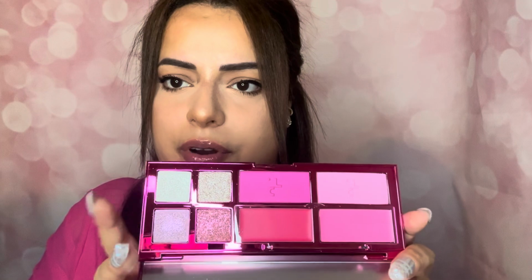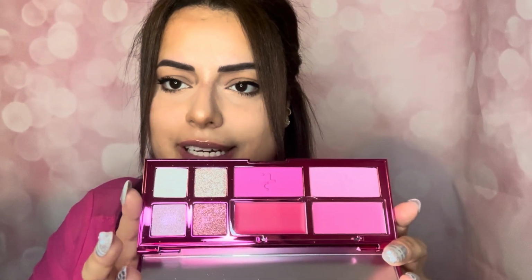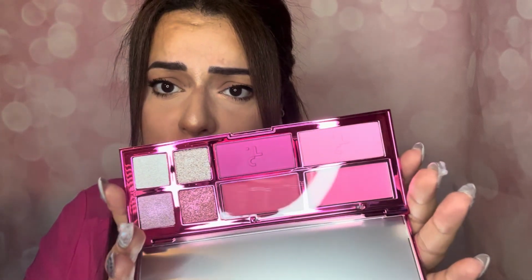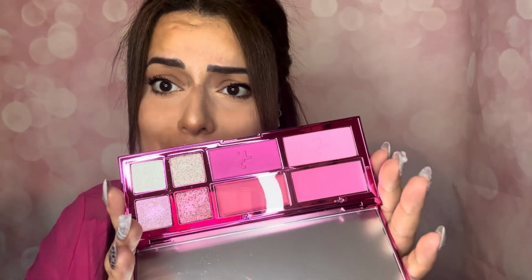I know comparing the two is maybe not really fair, but I'm mainly comparing them for the eye toppers. But guys, it does come with 2 powder blushes and 2 cream blushes, so I'm definitely excited. One of my favorite eye looks to do, honestly, is a whole matte eye look, which I kind of did. I did some brown